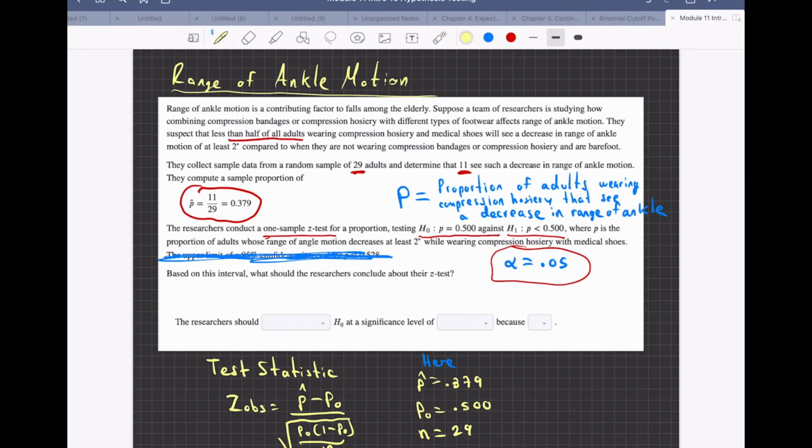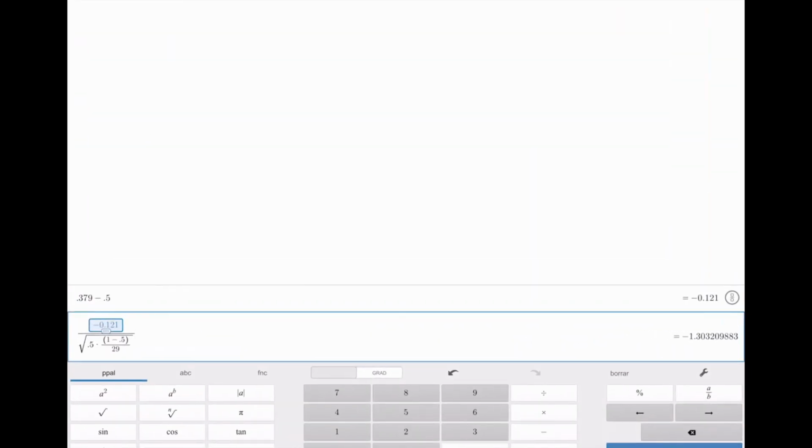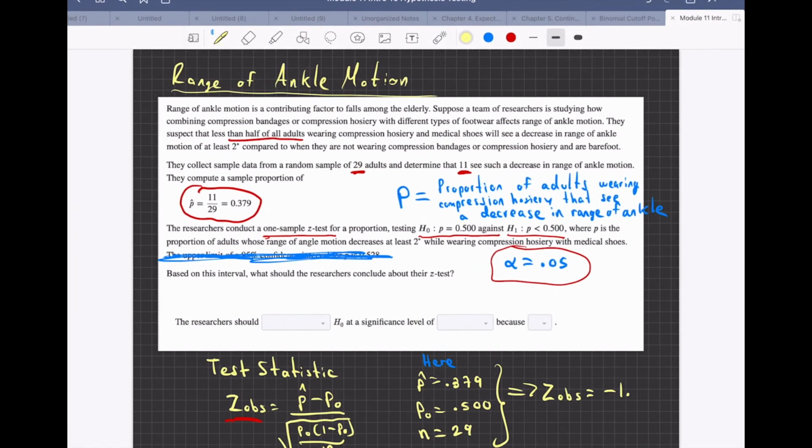So C observed is negative 1.30, negative 1.30. So what is the p-value? Then the p-value